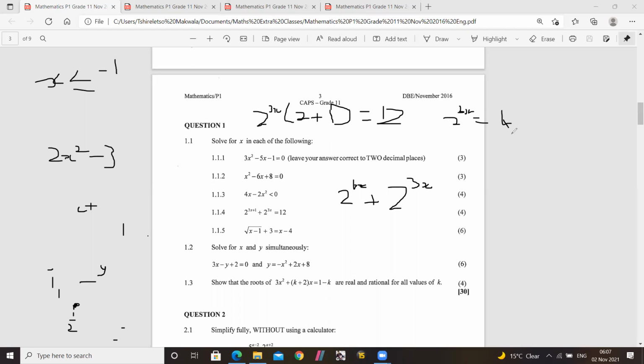Then from here on, you can solve for x more. So this one is relatively easy. It's really easy if these ones are the same, so you only use a let type of question. Let type of question, I mean, when